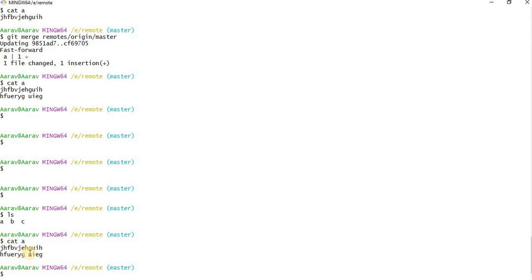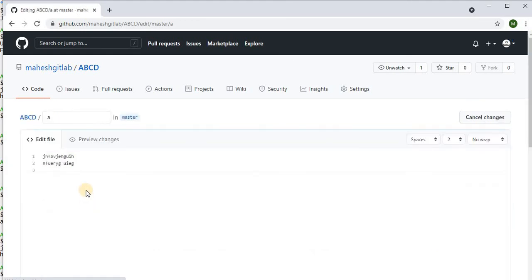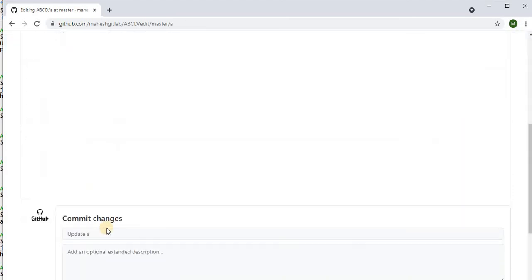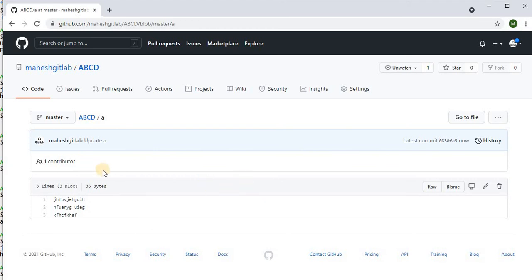I pushed it after that fetch command, so I felt this code is proper. Again I have just pushed it to the remote repository. So what happened is, again one guy has pulled or fetched or cloned this code and he has done some modifications to the code. Let's say here I am adding a third line. No, not I, that guy. So that guy has added a third line and again he pushed it to the remote repository.